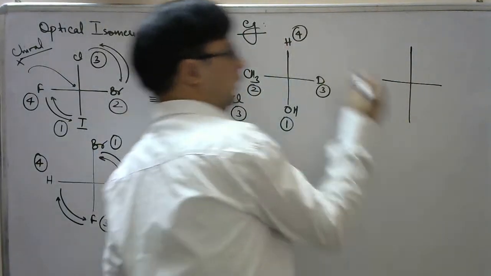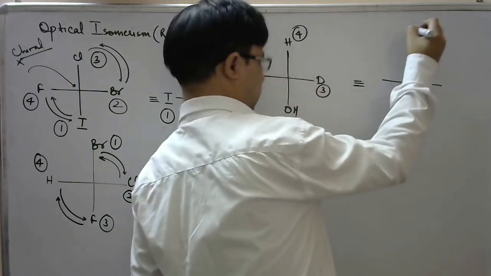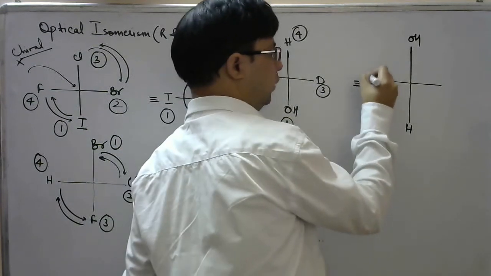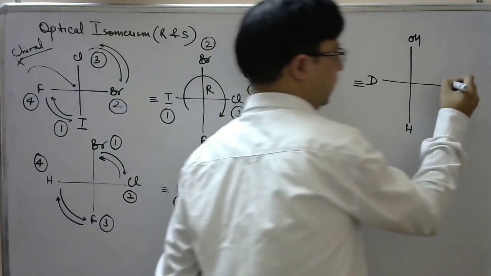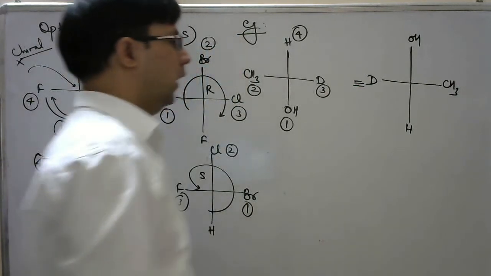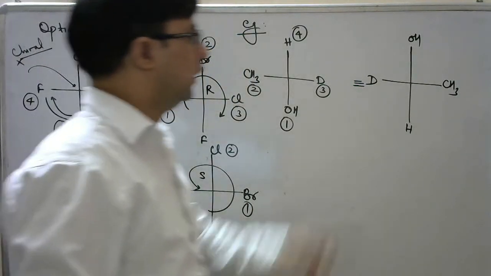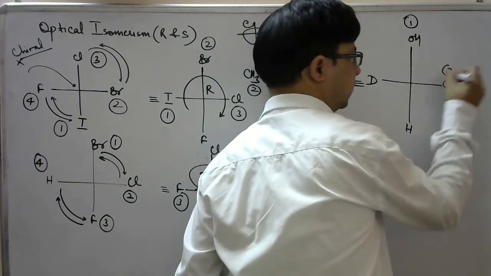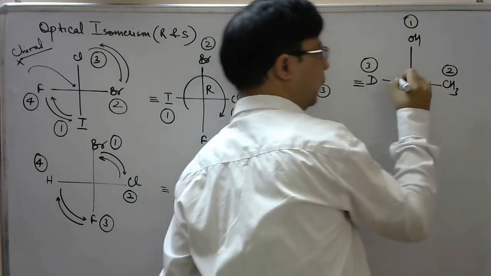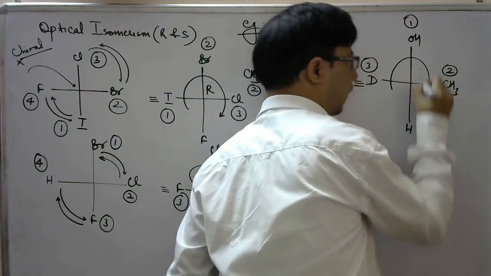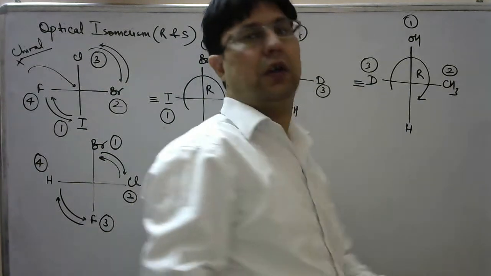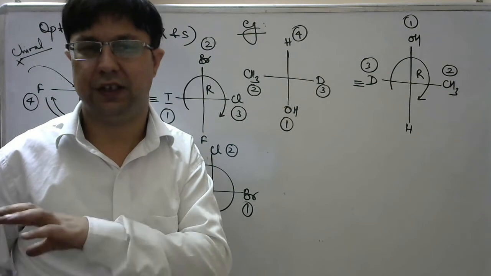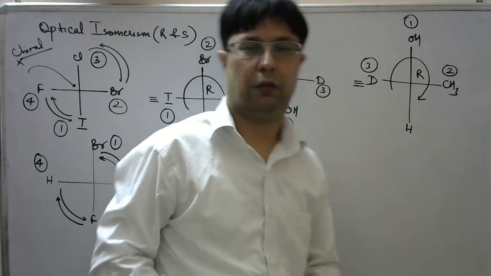So again we do the same thing. This H and OH positions are interchanged. In due course, I will also change the D and CH3 positions. Now we can see here that the highest priority group was OH, the second highest was CH3, the third was deuterium. And if you check our eyes' movement from the highest to second to third highest group priority, then I can say that it will be assigned the R configuration.